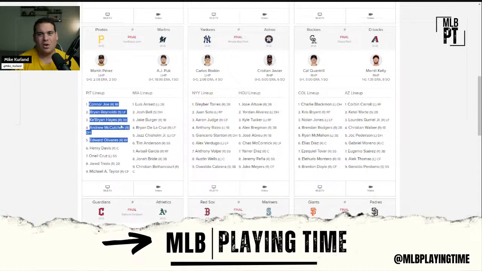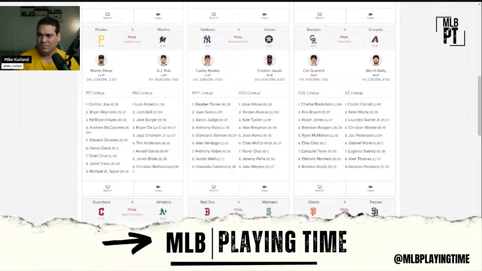The Pirates are like against lefties, they're interesting, I guess. They got Kutch. They got Connor Joe. These guys are hitting top 4 back-to-back lineups. They faced another couple lefties over the weekend. So you'll see them probably stick in the lineup against lefties at the top of the order. Great streaming purposes if you're chasing plate appearances.